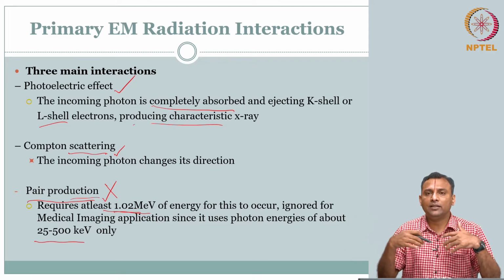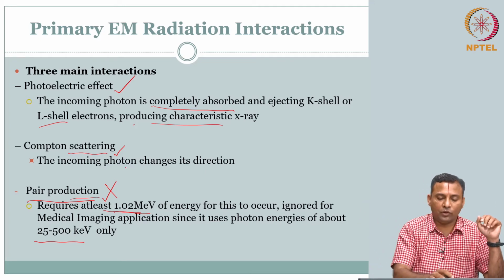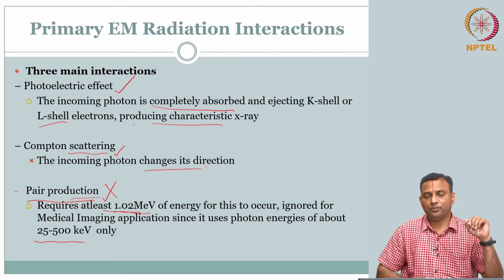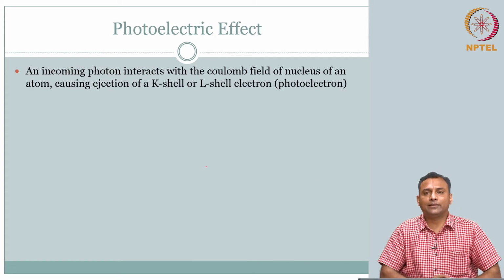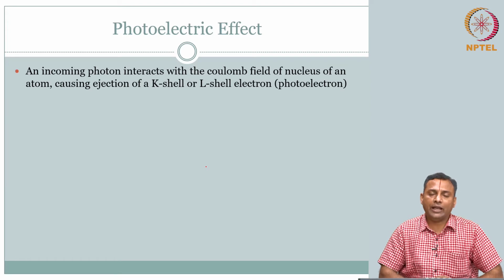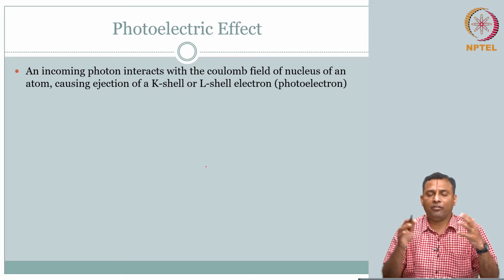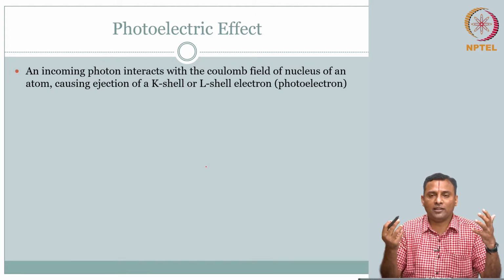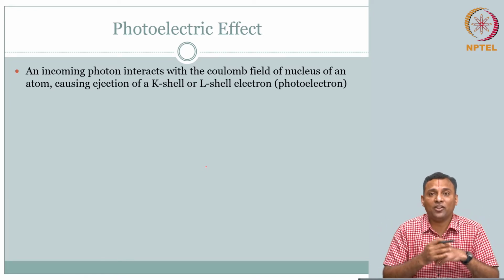directional, something to do with bouncing off in different directions. That is why it is scatter. So, the incoming photon changes its direction. It loses energy and changes direction. Let us go one step at a time. Let us talk a little bit more on the photoelectric effect first, and then we will talk about Compton scattering, and then compare these two and make a final take home message of what is favorable, what is unfavorable, what is needed, what we need to maximize, which effect we need to minimize. All that we will summarize.